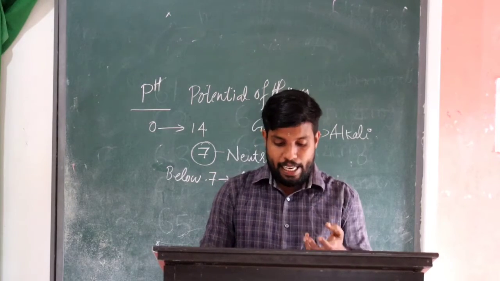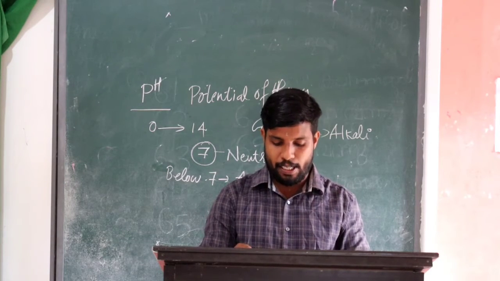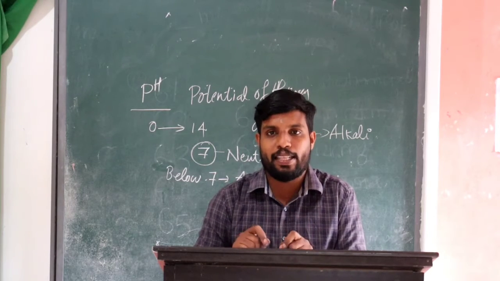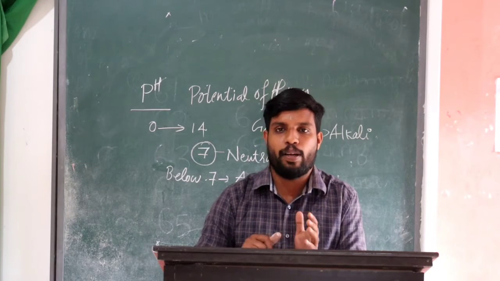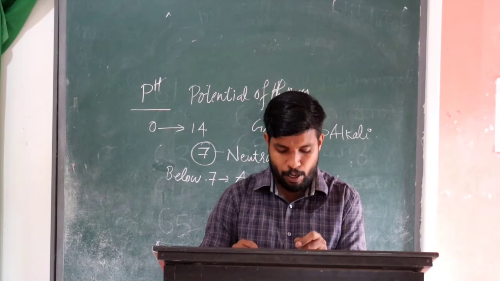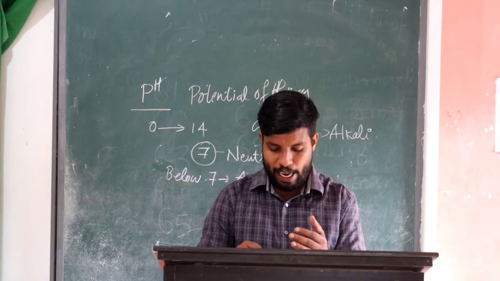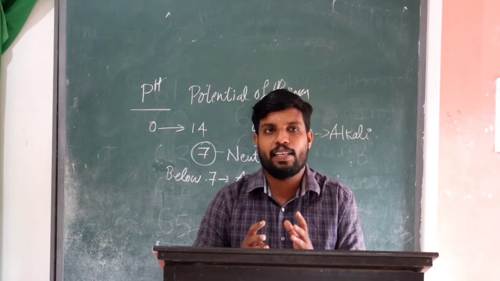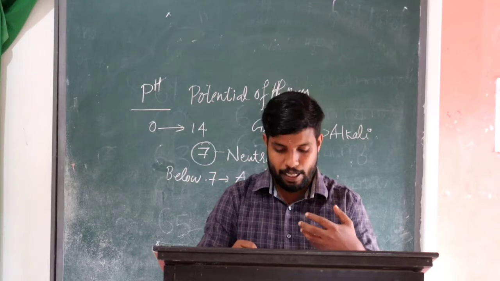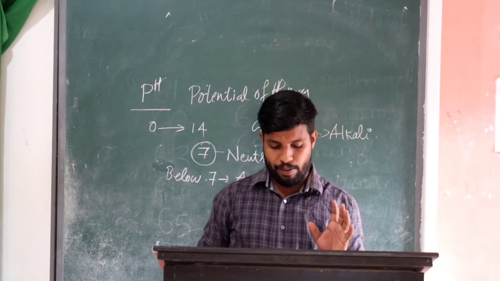The pH scale is a method used to express the acidic or basic nature of a substance based on the amount of H plus ions present in its aqueous solution. So by measuring the H plus ion concentration, we can find whether it is an acid or an alkali. On the basis of the pH scale, the pH value of a neutral solution is 7. For an acid, it is less than 7, and in the case of bases or alkalis, it is greater than 7.